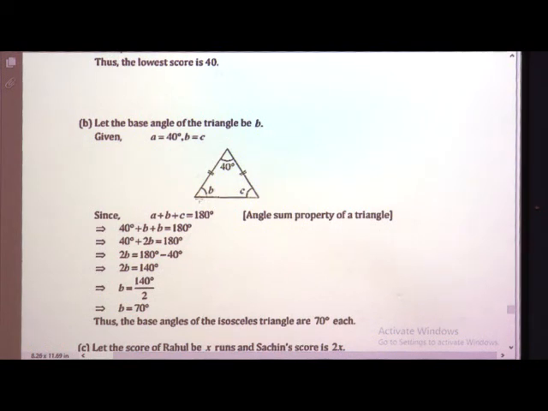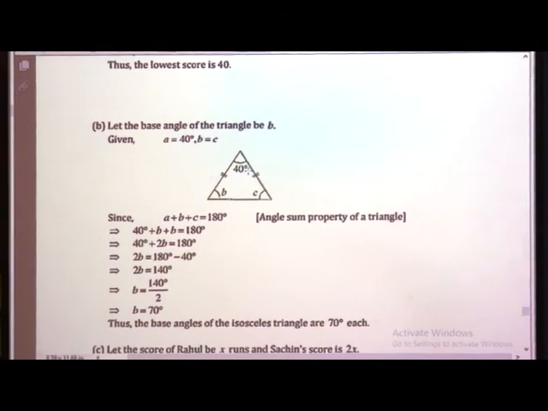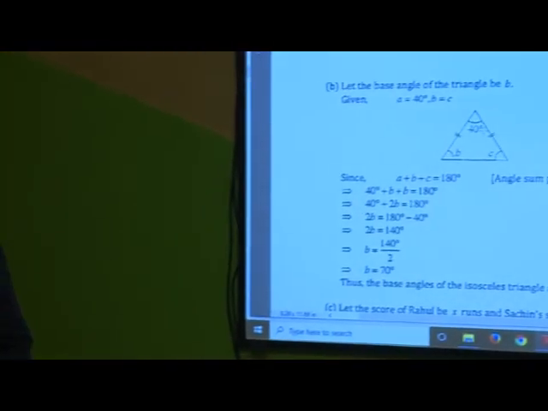Here both the base angles are the same, that is 70 degrees, and one angle is 40 degrees. The sum of the angles of a triangle is always 180 degrees. With various examples, we found the value of a variable and how to form an equation from the statement. Write the equation, then find the value of the variable from the given equation. Hope everyone understood. Try to solve the exercise examples.